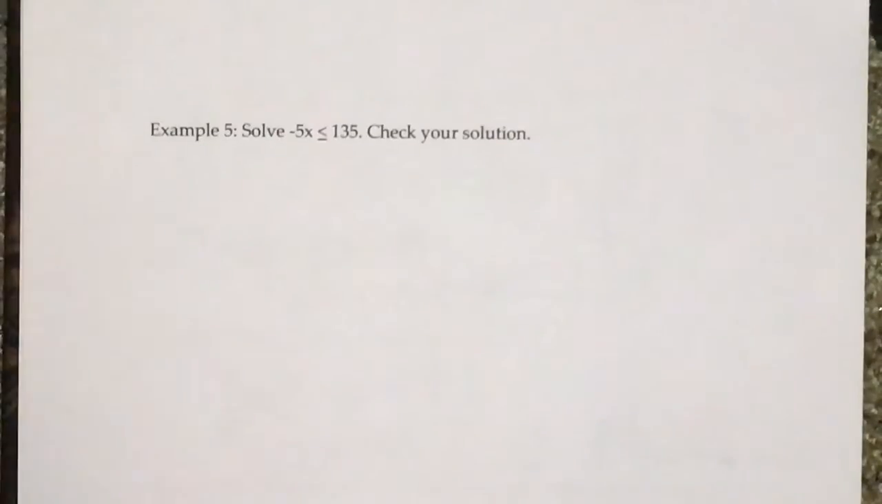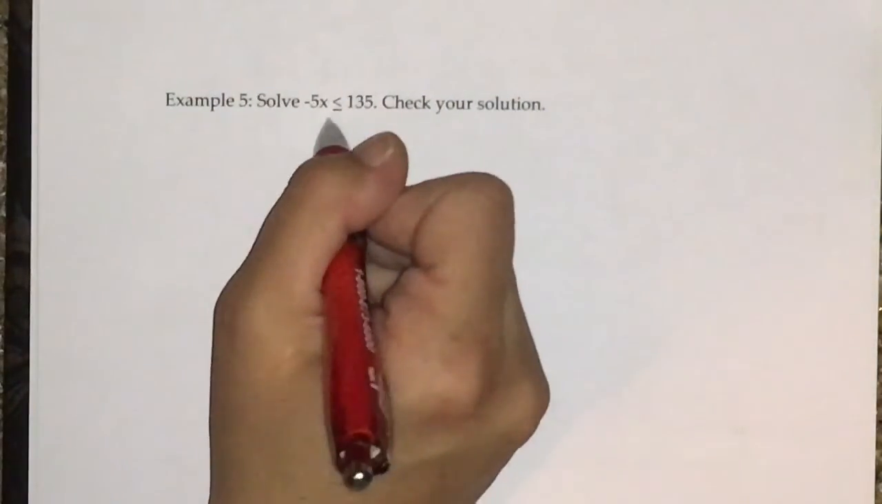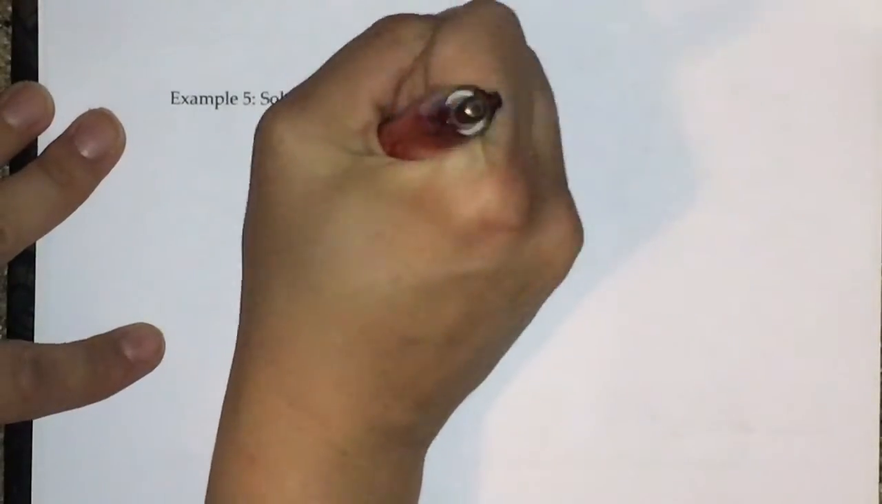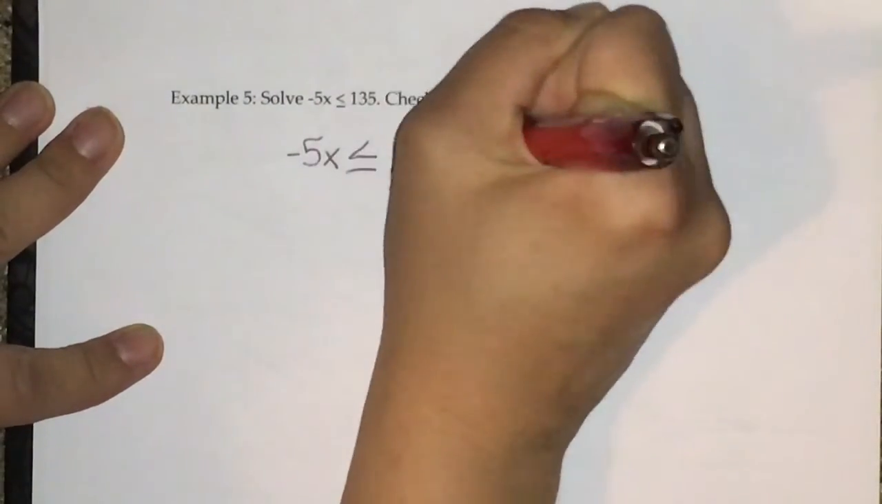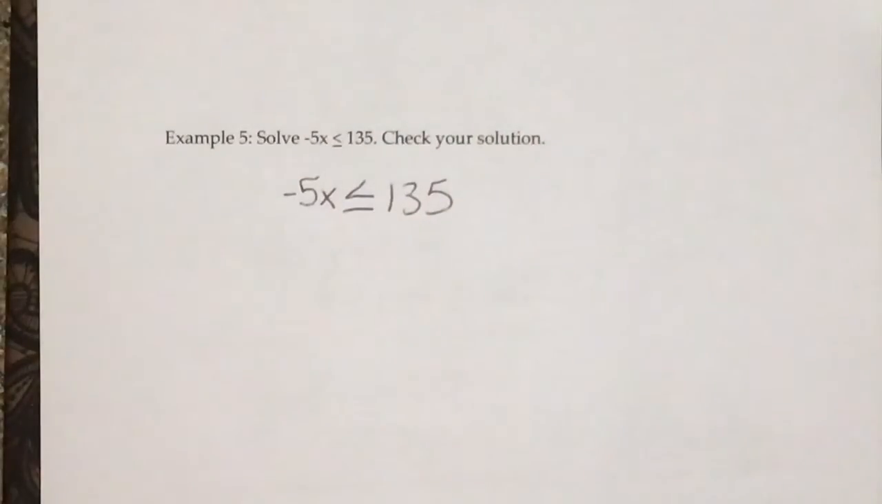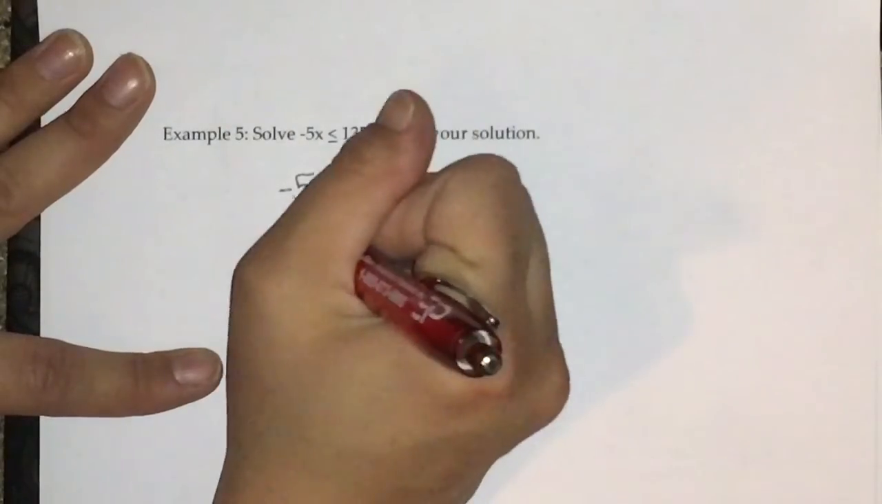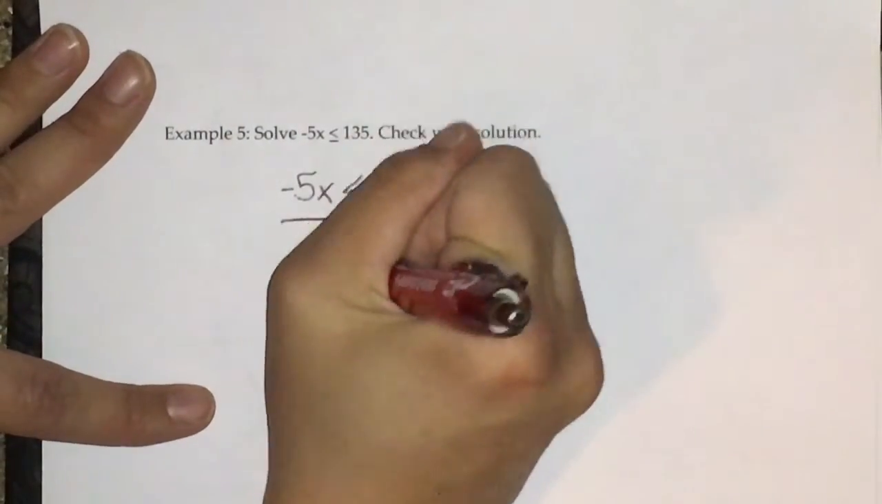Let's go ahead and look at example 5. Example 5 says solve negative 5x is less than or equal to 135. So negative 5x less than or equal to 135. Okay, so in order to solve this inequality, solve it as any other equation. Except for remember, if you multiply or divide both sides by a negative number, you need to flip the sign. So, negative 5 times x, in order to get rid of this, I need to divide by